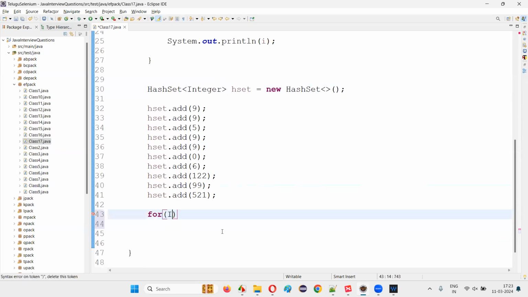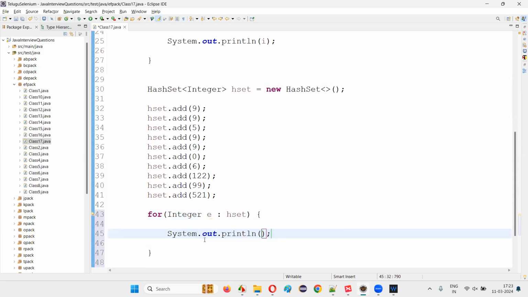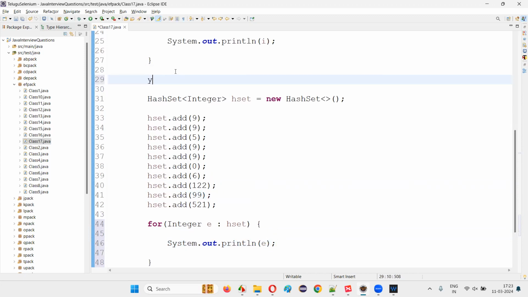So I'll say for Integer e colon hashSet, like this, and System.out.println, here I print e. I'll just write a separation statement here, otherwise you will not understand what output came from array list printing and what output came from hash set printing. Now run the code and observe that